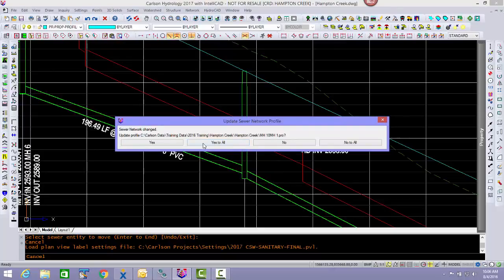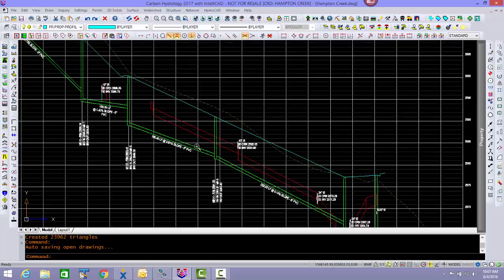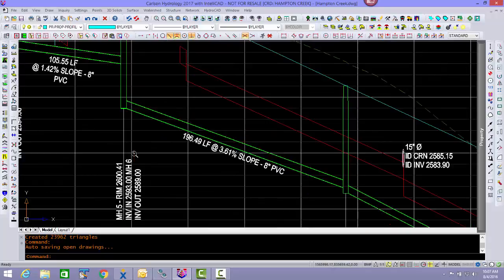So, in that case, what I would do in a nutshell would be, yeah, it wants to update, yes to all. We'll let it update our profiles. But what I'll typically do here is come in here and we could offset this again by 2 feet for vertical separation, but vertically exaggerated, you've got to think a little differently. We could quite possibly leave this invert alone, but we could bring this one up, and we could probably eyeball it just to maintain 1, 2 feet of separation here, so we could get our service lateral